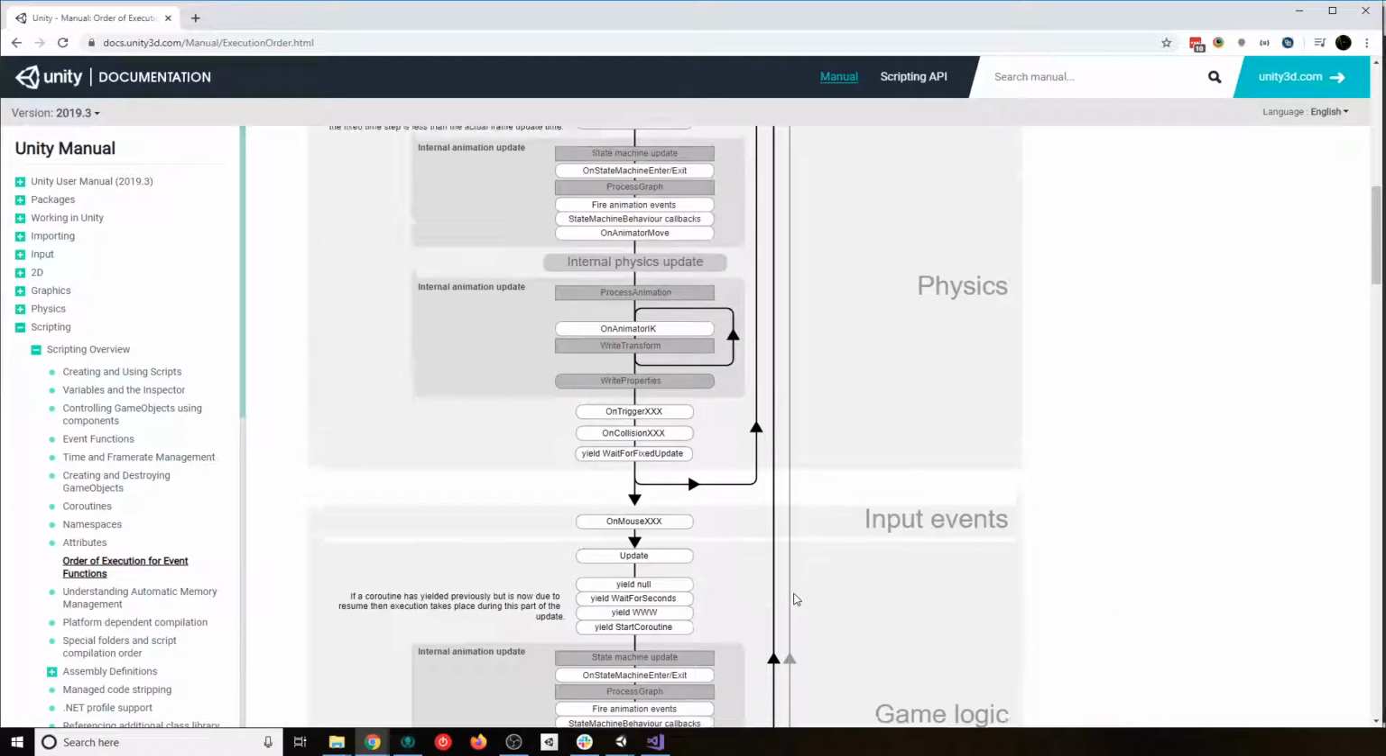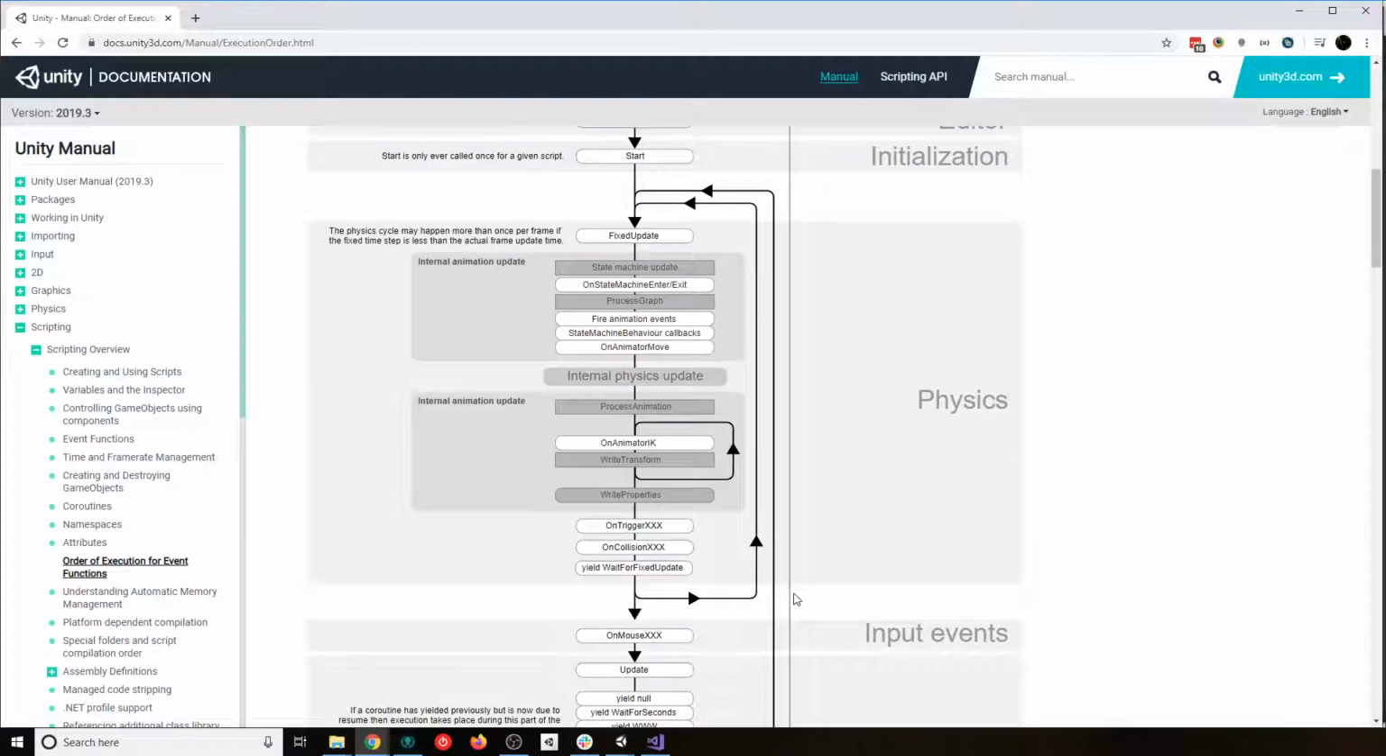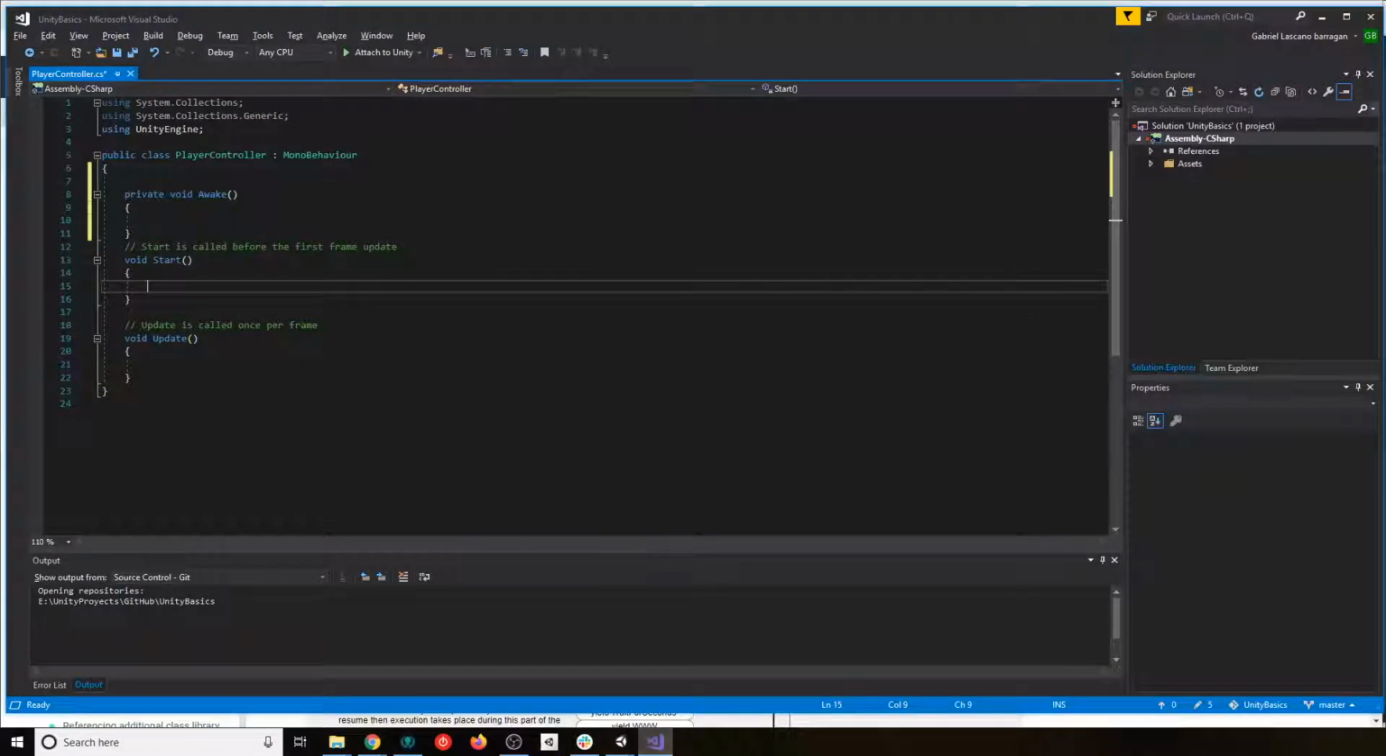Okay, now that we know the structure and the order of operation, we can go back and do a quick test of the ones we are going to use. So we're going to say Awake, Start, Update. That's pretty much the most important ones right now. And I'm going to say here